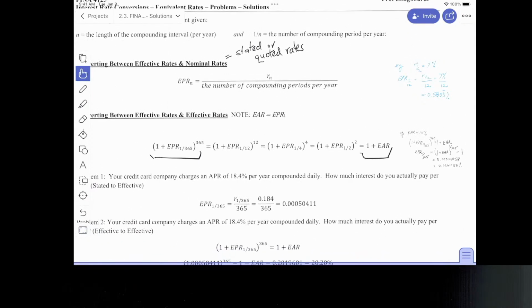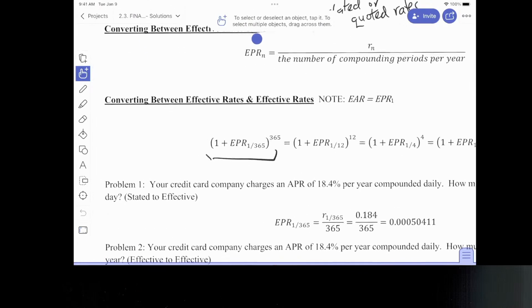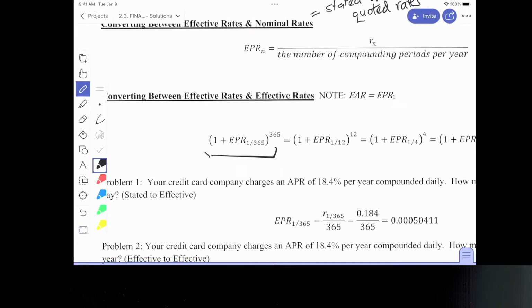Okay, wait, let me make these. Instantaneous compounding would fit here. What I'm saying is a continuously compounding rate would look like